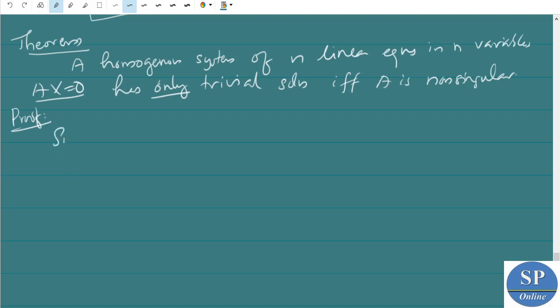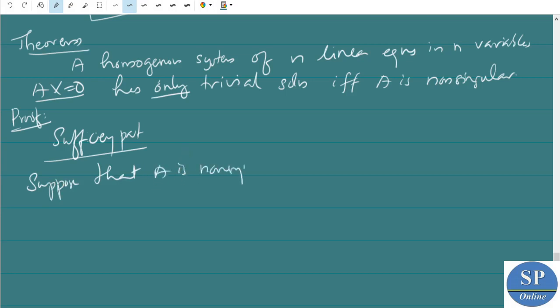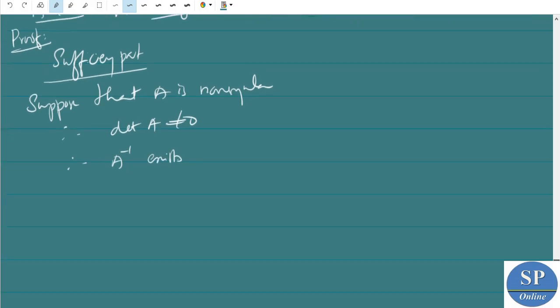സോ സഫിഷ്യൻസി പാർട്ട് പ്രൂവ് ചെയ്യുന്നത്, suppose that, simple proof ആണ്, A is non-singular. A is non-singular means therefore determinant of A is not equal to 0. Therefore what? A inverse exists. What is A inverse? A inverse is adjoint of A divided by determinant of A. So A inverse exists, so we can left multiply this A inverse with our